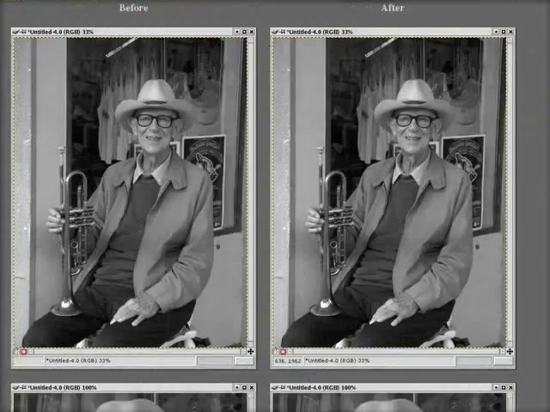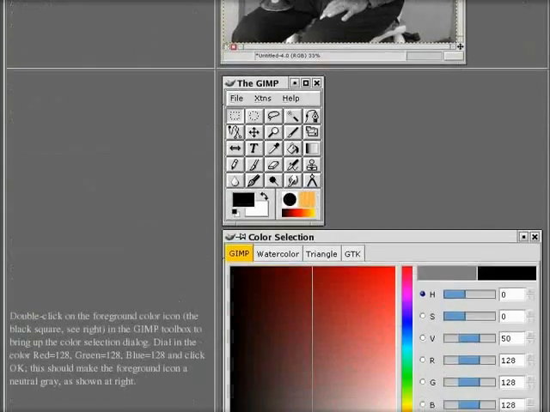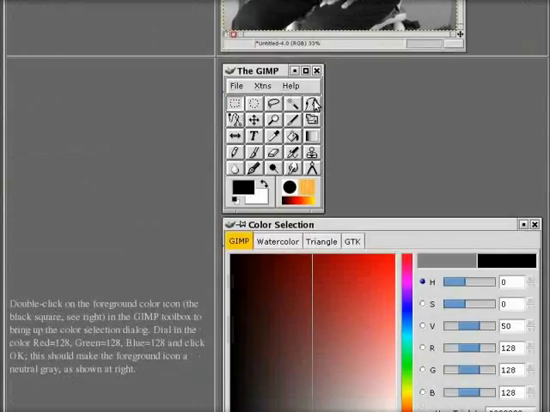You see here, he has done something with grain, without and with added grain, and I'll show you how he has done it. Just to show you how GIMP looked some time ago, this is GIMP 1.9 something or so,